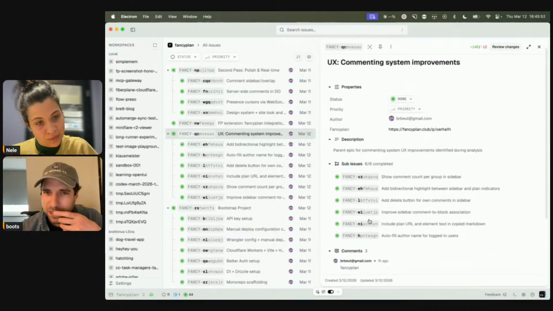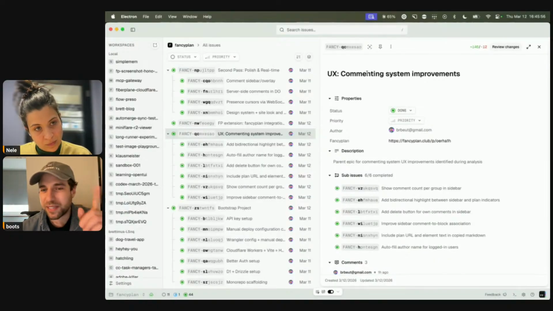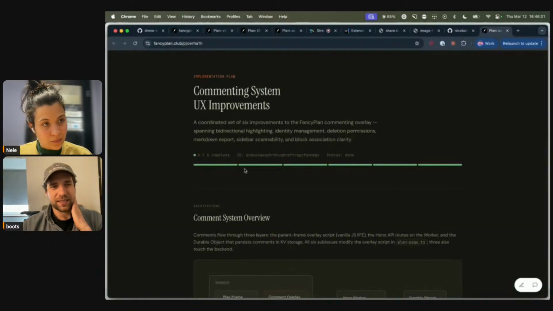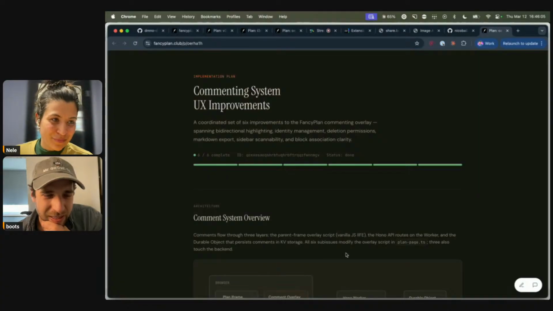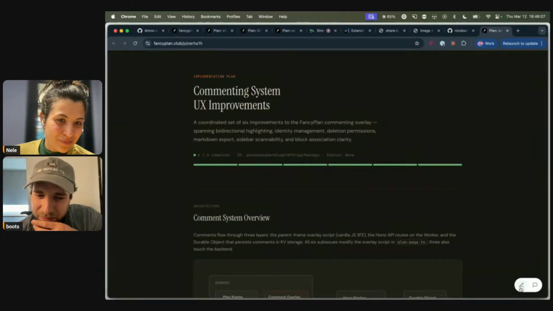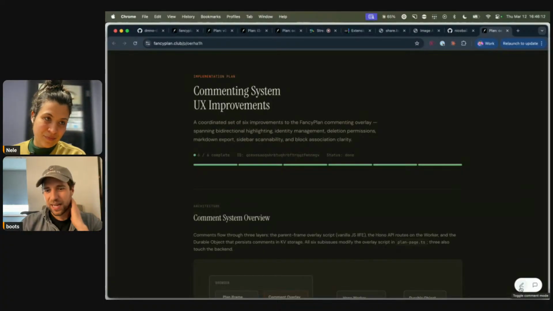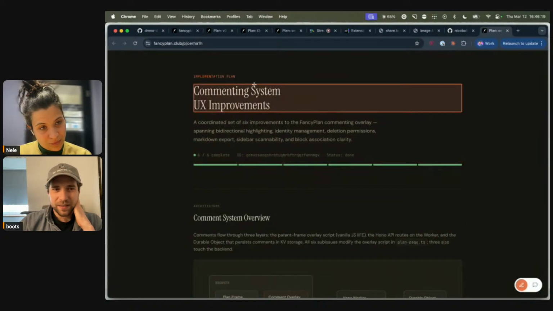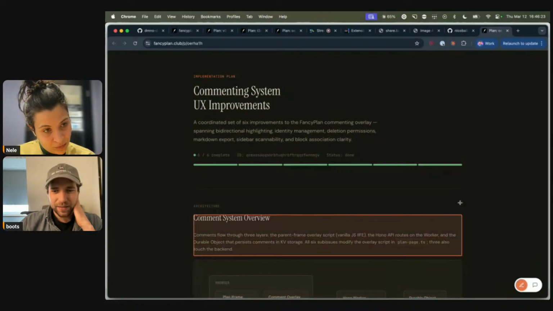So we can check this out. This was for improving the commenting system, which we'll see in a second on the plan. If I open it, I get this. Nice. The commenting system refers to something about these plans: I would post them in Slack, and people would comment where I posted in Slack. What I wanted was some way to highlight a portion of the plan